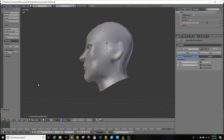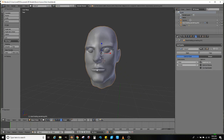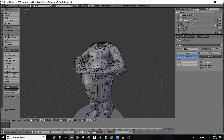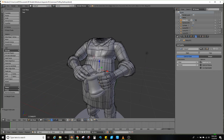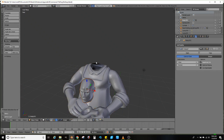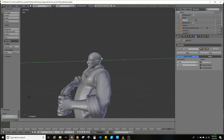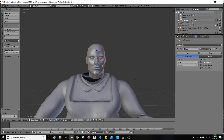Human male head. I guess I can start with a human male head. Yeah, that's a pretty generic looking head right there. So let me just grab that real fast, and then we'll go back over to Tiefling Barkeep. Alrighty, so let's go ahead and install this head, and then we're going to work on it from there. Obviously, this head is way too small,